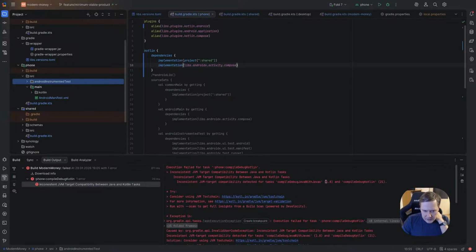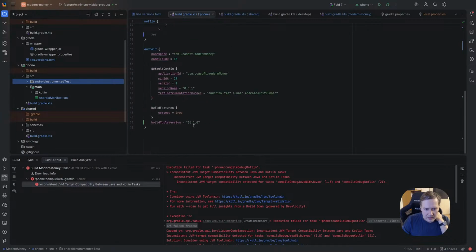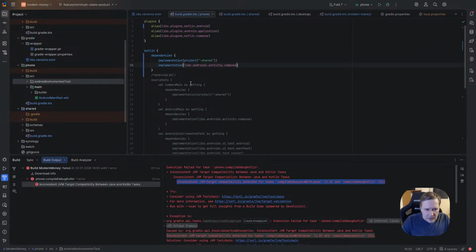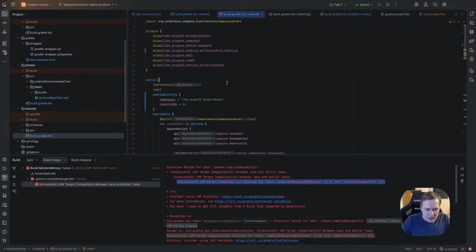Okay, let's try to build it one more time. No, still nothing. Where it is, I'm not sure. I need to search. I didn't have such options here.